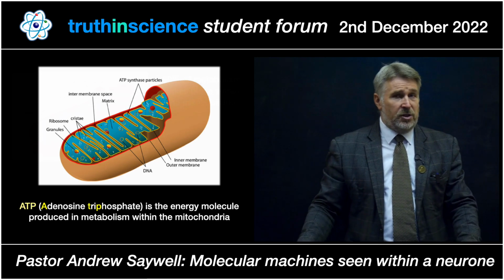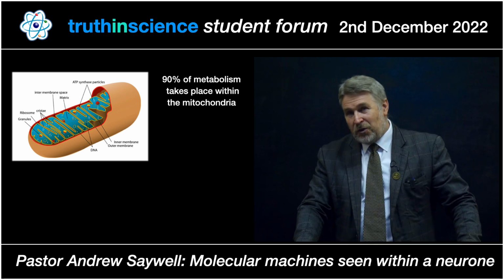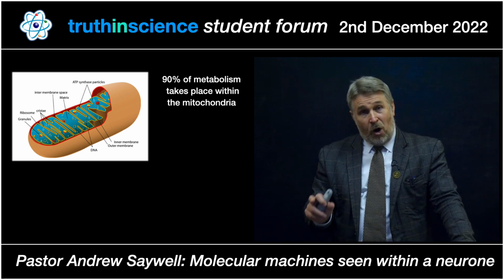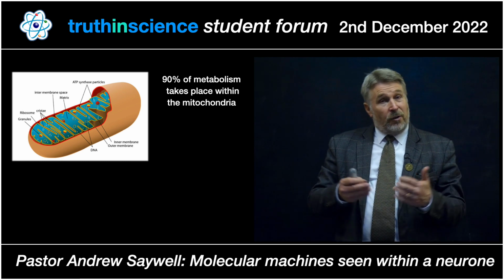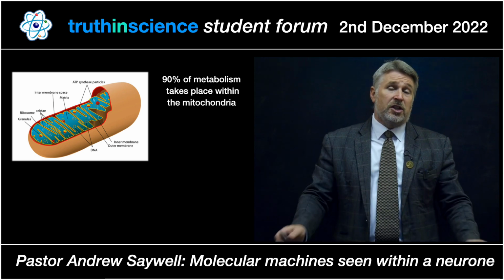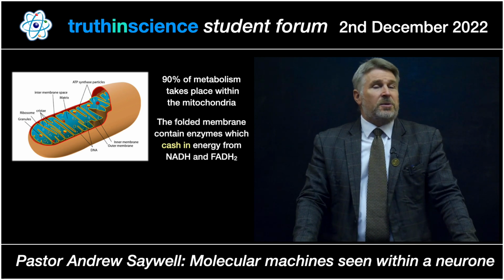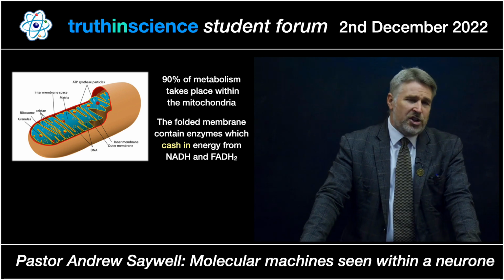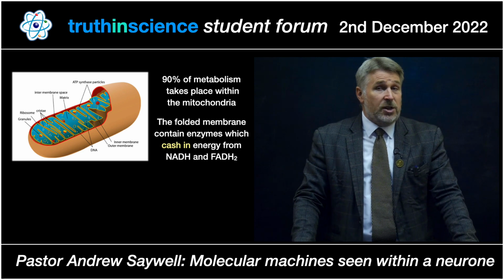So 90% of metabolism is part of what we call oxidative phosphorylation. And this requires oxygen, so this is the aerobic side of respiration, and it also phosphorylates. It brings ADP and phosphate together to make ATP. So the folded membrane contains enzymes, and these are part of an electron transport chain, which we're going to see in a moment, and they cache in energy from molecules such as NADH and